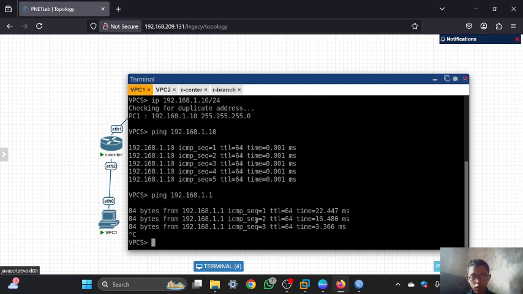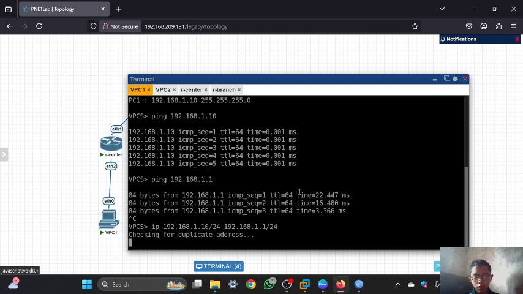And as you can see, it is successful. Next I will configure the IP gateway. After this you can add the IP gateway, which is this IP, and then click enter.